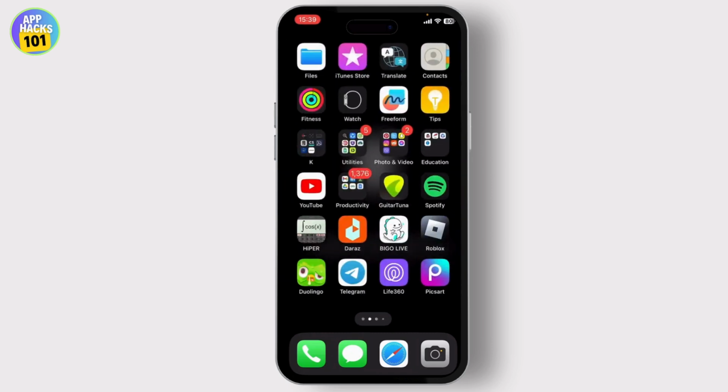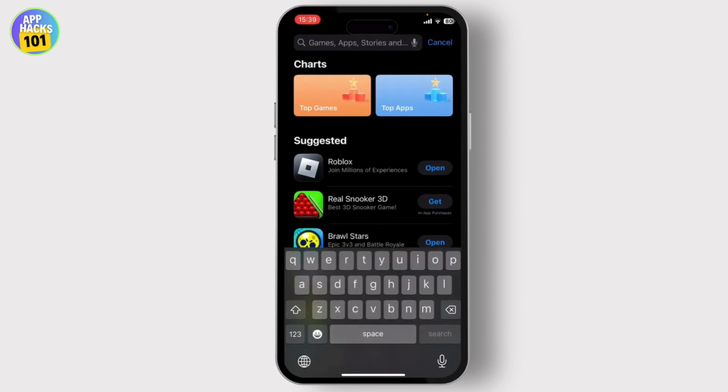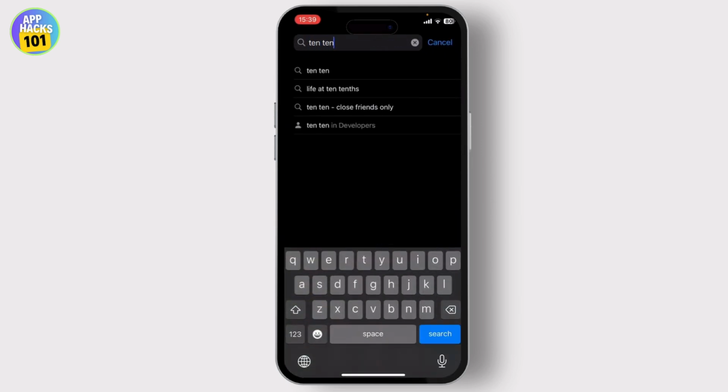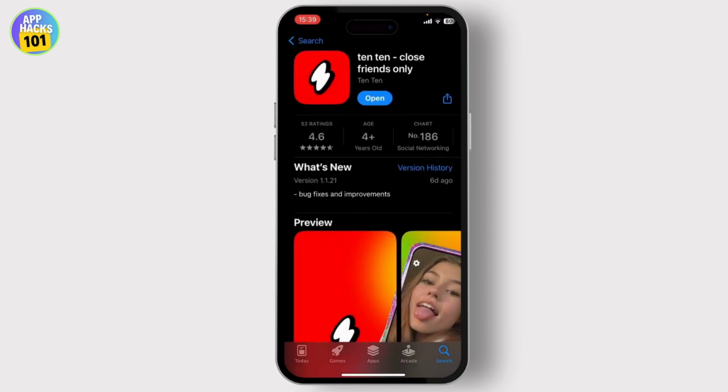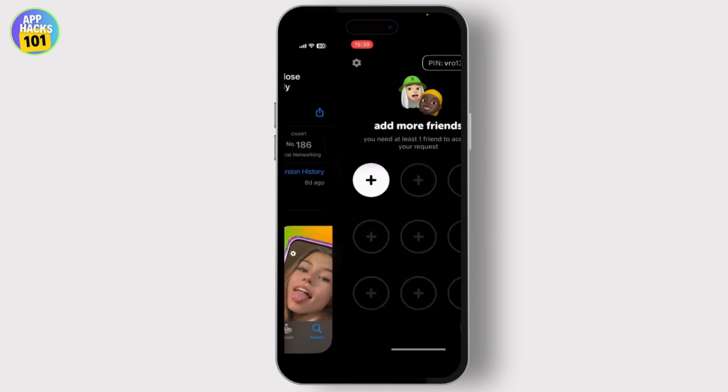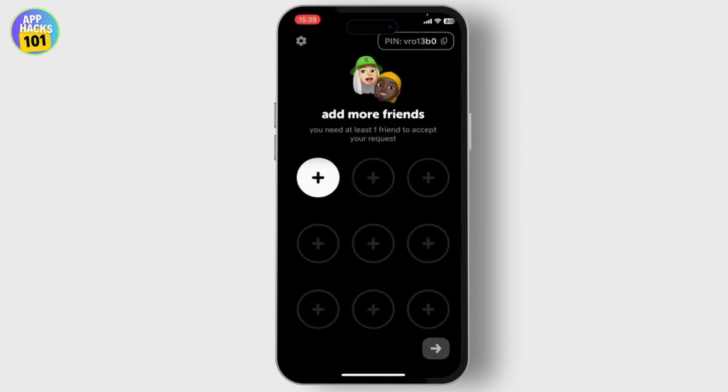So first things first, make sure that it is updated to its latest version. Just go to your app store and search for Tintin and check if it's updated to its latest version. Now if it is updated to its latest version, open it up, and if it still does not work,